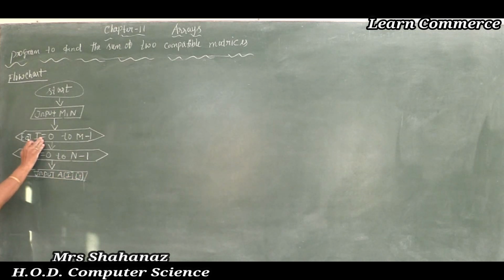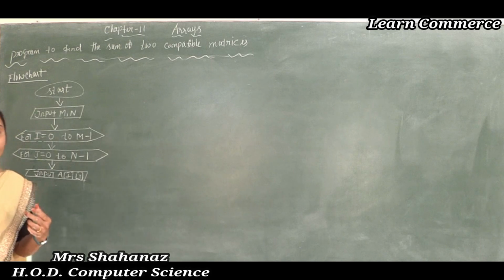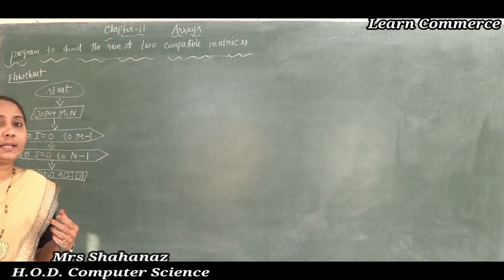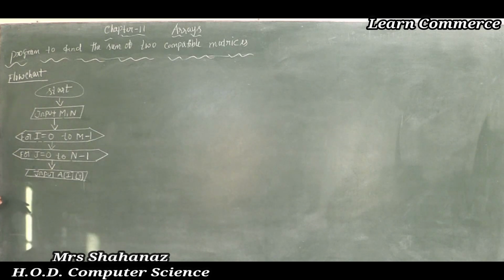Now after accessing the rows and columns, such values are going to be input into the matrix A. Clear this one? As we know, in the solution I used the A matrix equal to 1 2 3 4. Later I used the second matrix also, B value equal to 1 2 3 4. Correct no here?